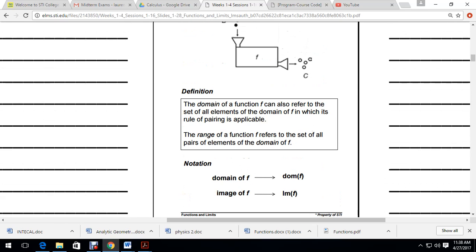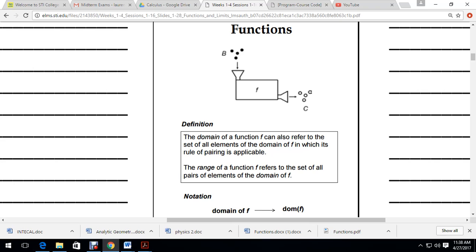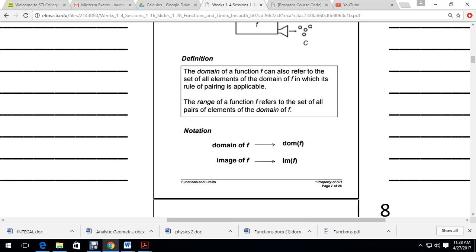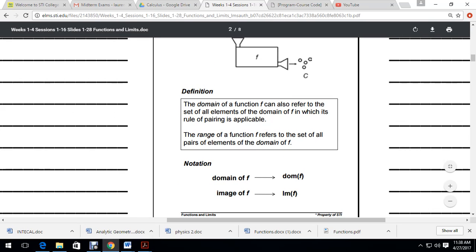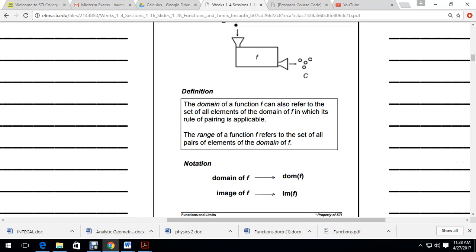Okay, so what is meant by the domain and the range refers to the elements of the sets being mapped together. When you have a mapping, for example, from A to B, the set of all elements in A is said to be the domain of f, while the second set, the one that receives the mapping from A to B, meaning the set of elements in B, is called the range of f, or the image of f.